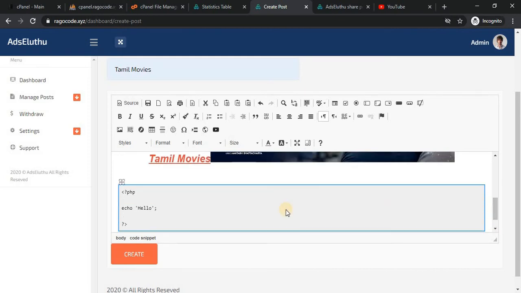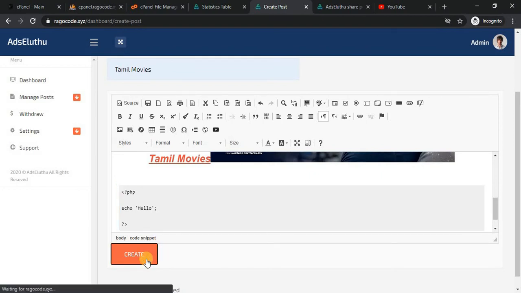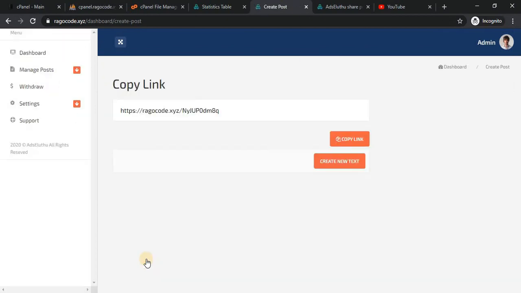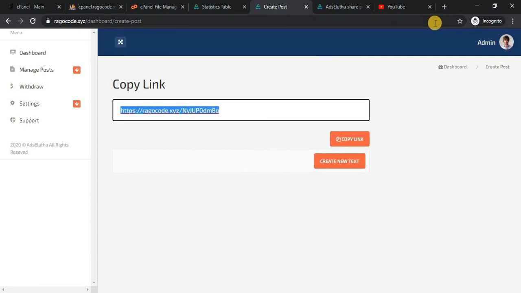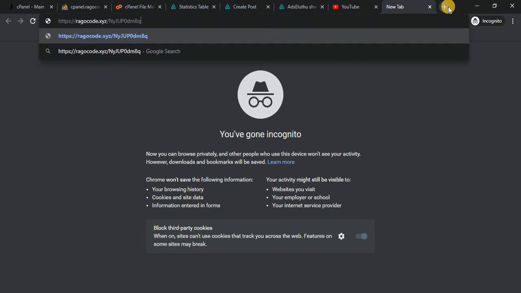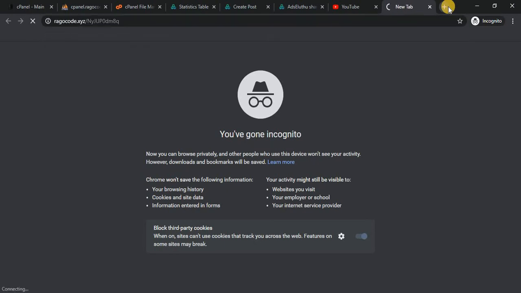If you want to enter any code, just click it and create it. Now it's created. I just copied the link and pasted the copied link.